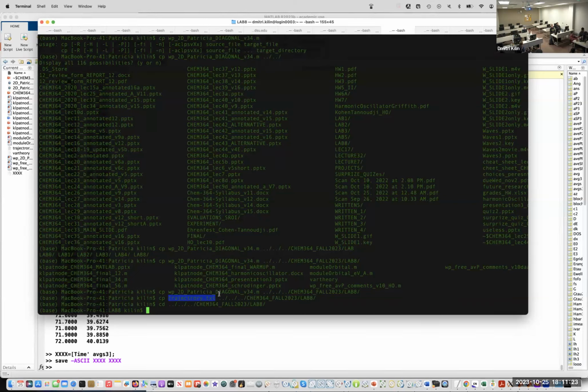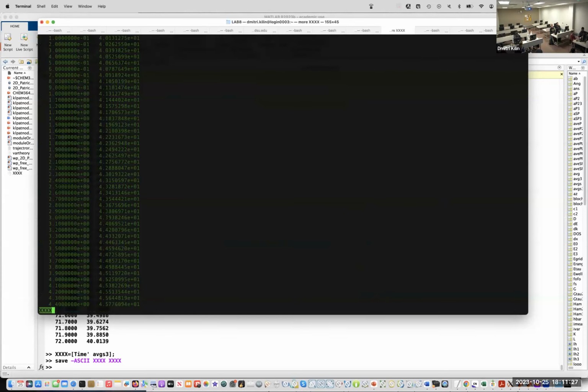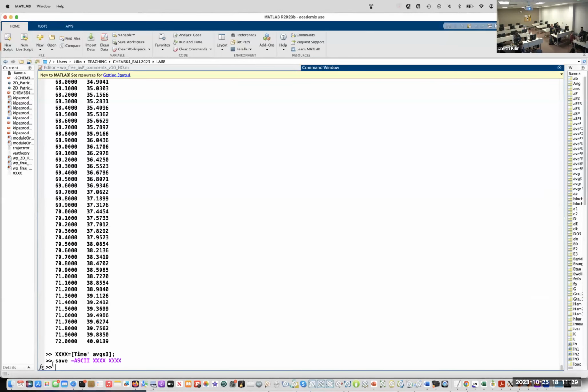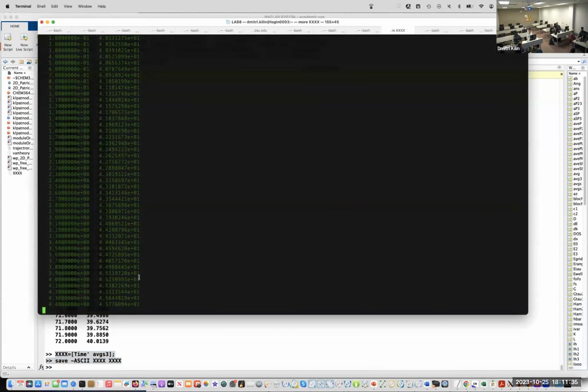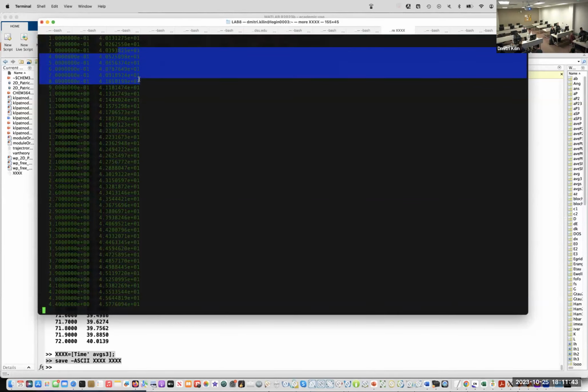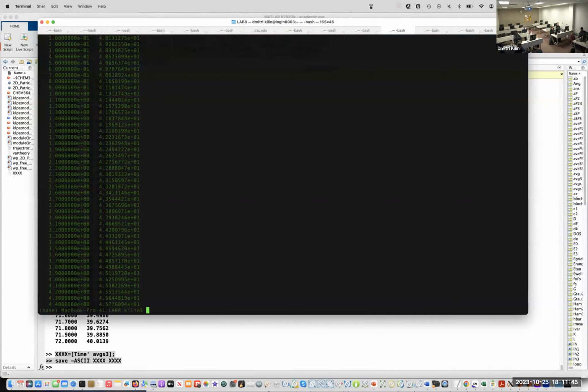So in MATLAB, I just created and saved this variable quadruple X. Then I open it in whatever editor, and you see these values of time and values of X, and I can open it in whatever plotter I prefer. I hate Origin.